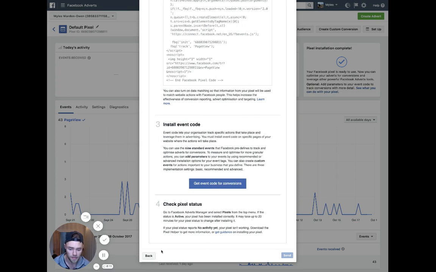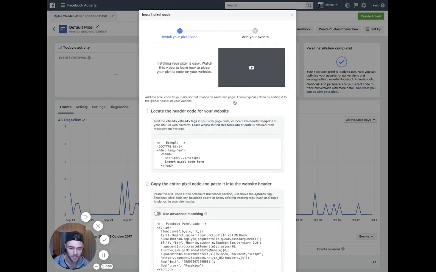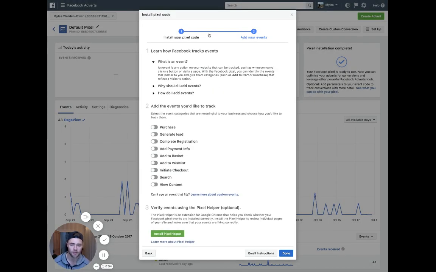Excuse me. So once we've checked the pixel status and we're happy that the Facebook pixel is firing, then you can start to add your events. Basically, an event is any action on your site that can be tracked. Facebook explains it very clearly there. So whenever someone visits a page, whenever someone makes a purchase, whenever someone adds a product to their cart, whenever someone signs up to a newsletter, all these events can be tracked, and they must be tracked, because when you start to run activity for these campaigns, we really want to understand the cost and how effective and how profitable